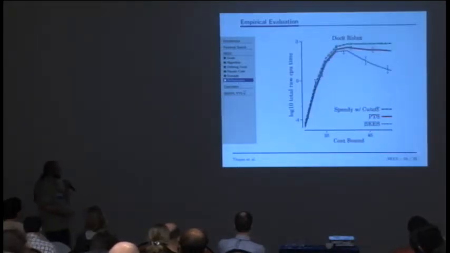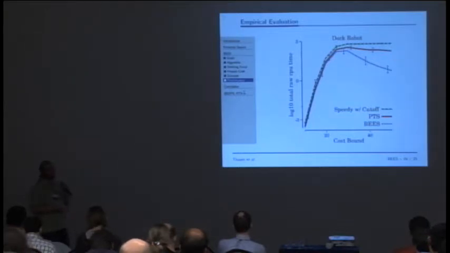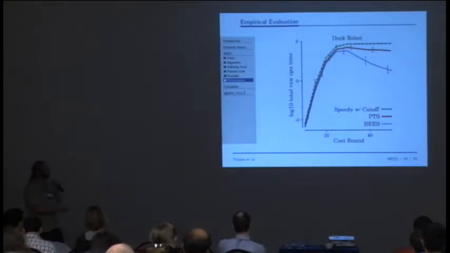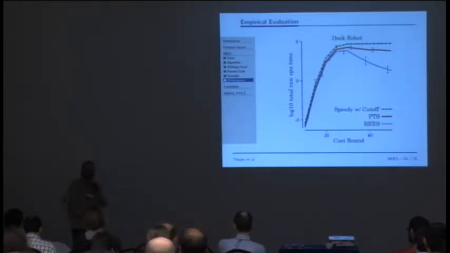The reason that I propose Bs instead of this baseline is that the simple approach doesn't always work, unfortunately, or perhaps fortunately for me. So in domains like this dock robot one, which is taken from the planning textbook of Nau, Traverso and Ghallab. So again, cost bound and time. You can see that initially where nothing is solvable, everyone does about the same. But as we reach the critical point where some of the problems become solvable, the speedy search doesn't work as well anymore because you actually have to get,